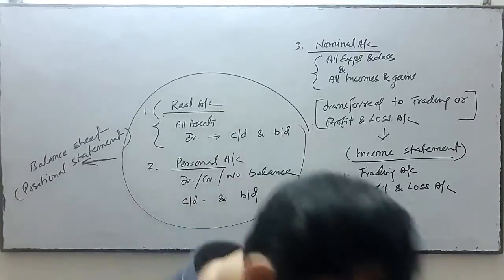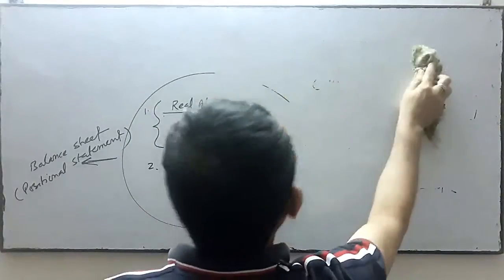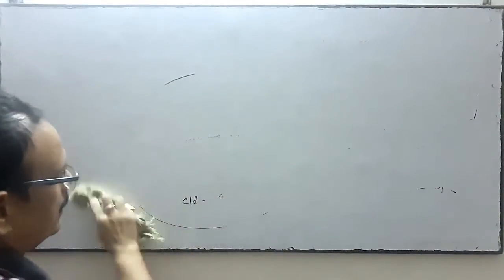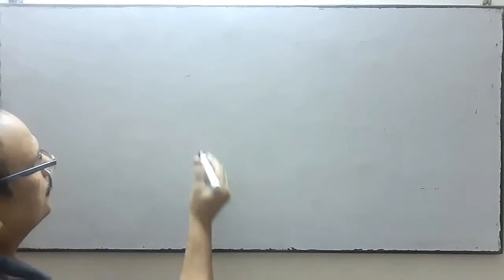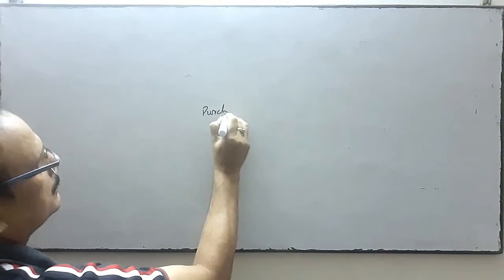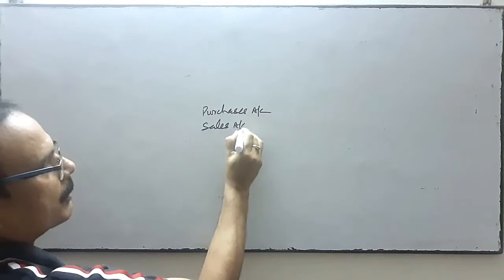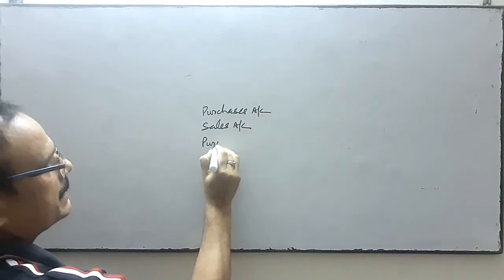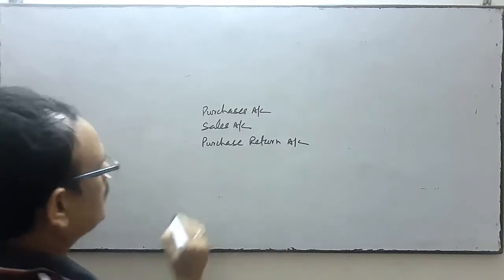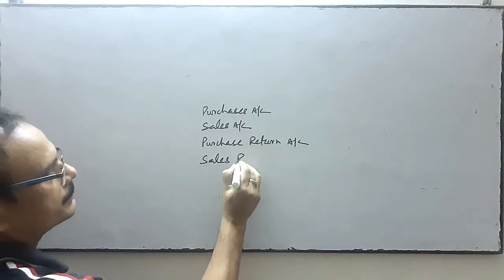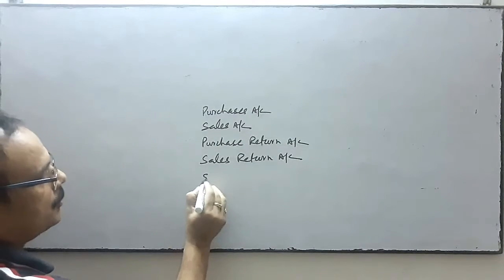So we prepare the ledger of each and every account. Okay, each and every. For instance, we will prepare the purchase ledger, purchase account, sales account. All the information of sales will be over here. Purchase return account, sales return account, stock account,